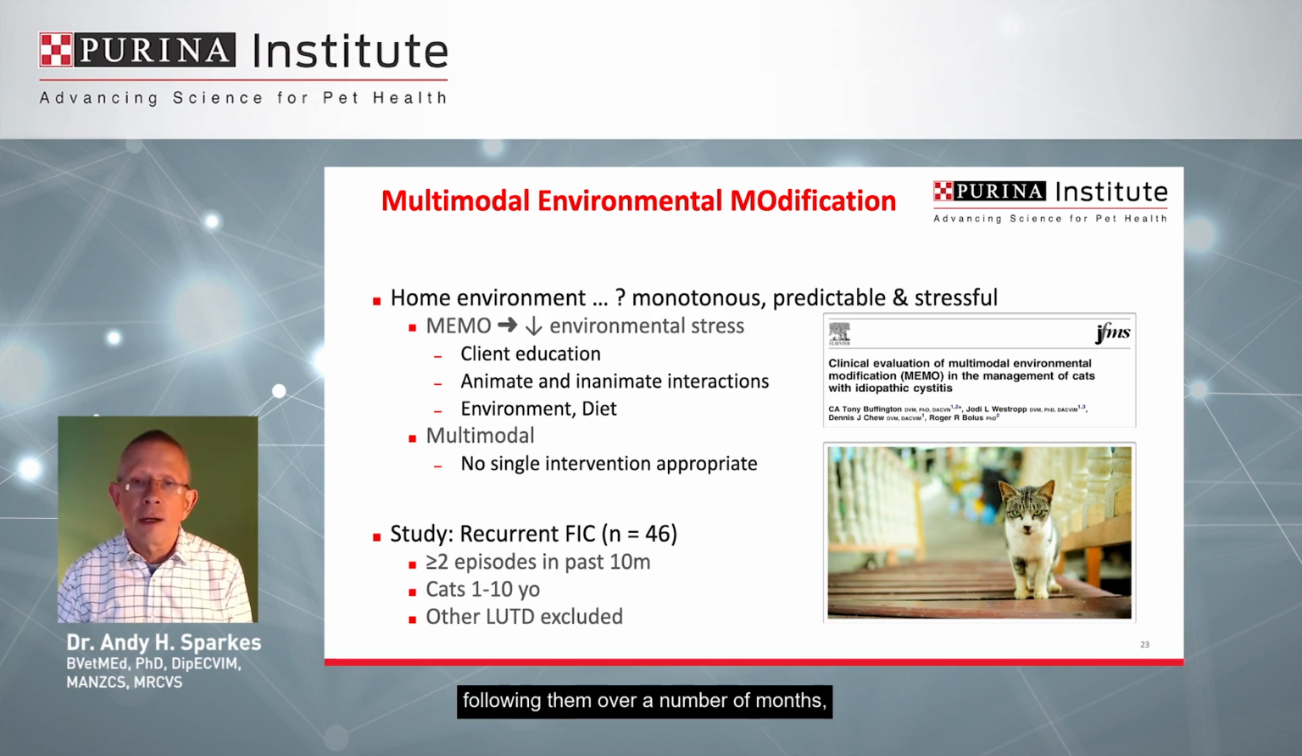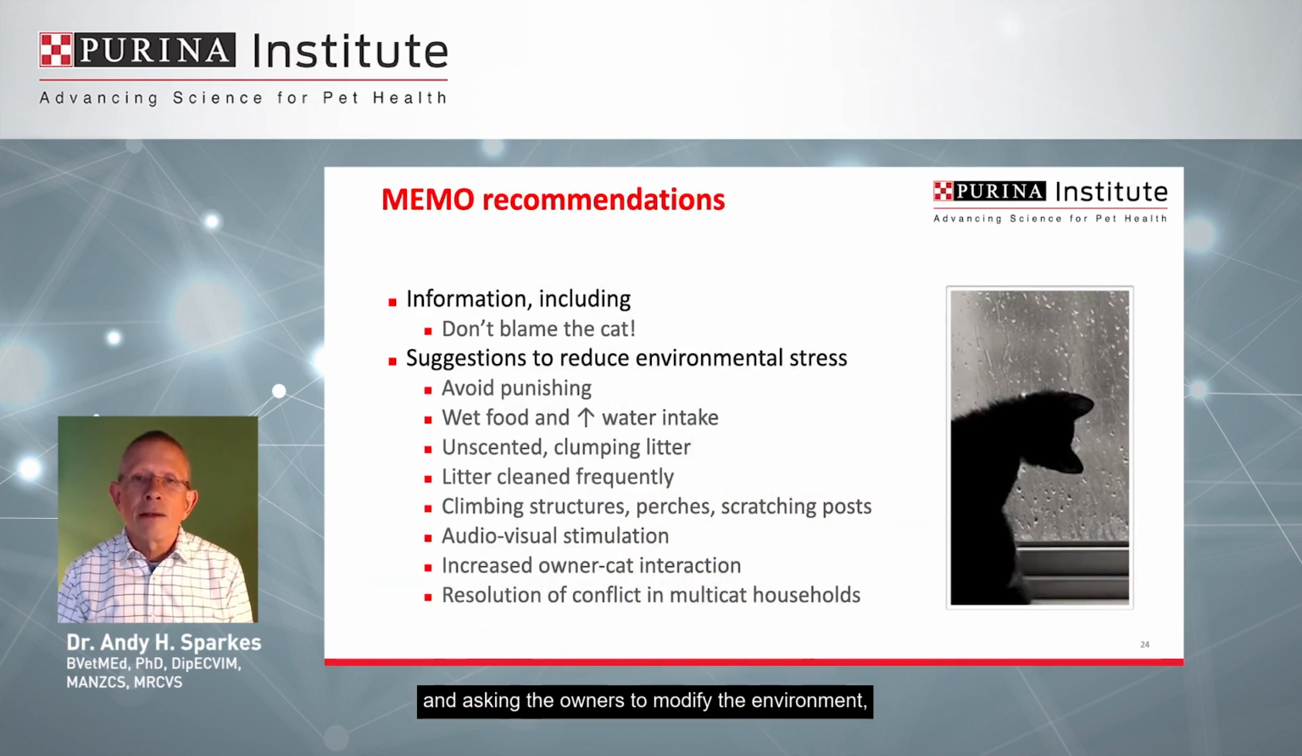them over a number of months, and asking the owners to modify the environment, telling the owners not to blame the cats if they have episodes of cystitis and urinating outside of the litter tray, not to add to the stress of the cat by blaming them, so not to punish the cat, feeding wet food, increasing water intake, making sure there were sufficient numbers of litter trays and that the litter trays were being cleaned out on a regular